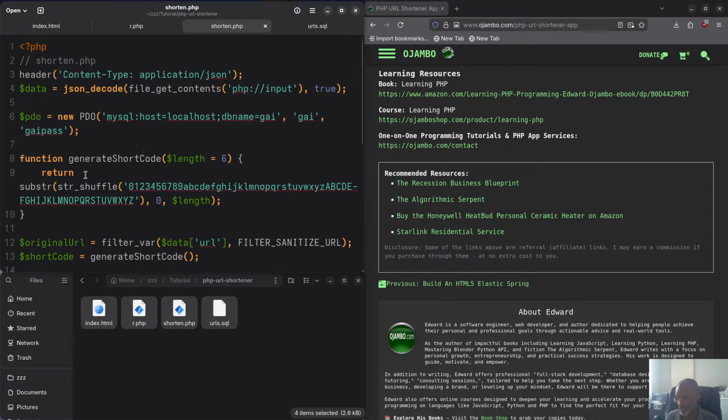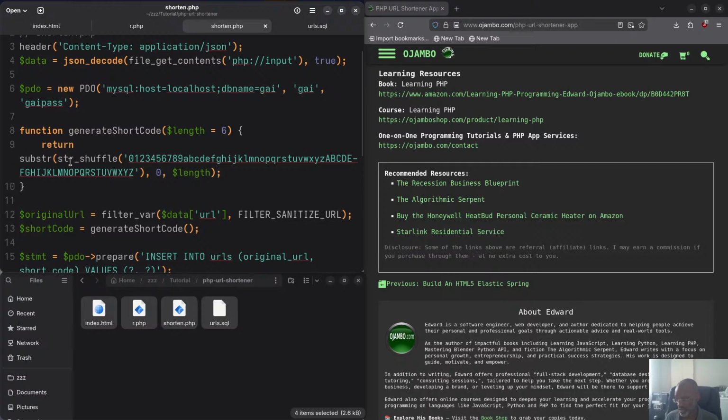And then what we do, we have a function here that generates a shortcode. So you can specify the length. Remember, the length can't be more than, say, 10 characters according to our database. Then we use a substring and string shuffle. These are built-in functions of PHP. We just run it basically to grab something there. And then it will grab the original